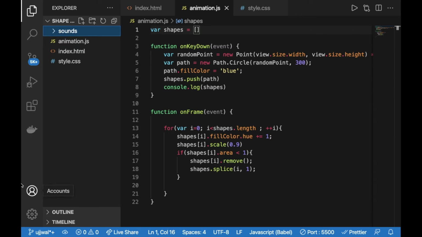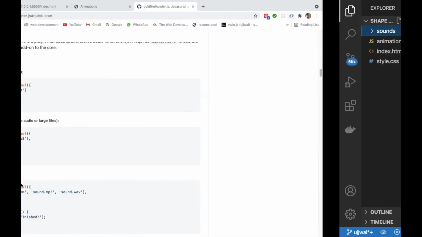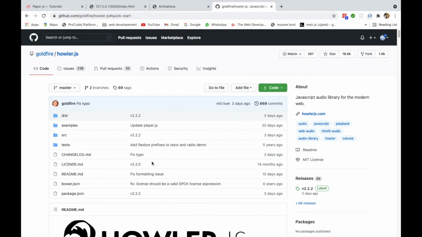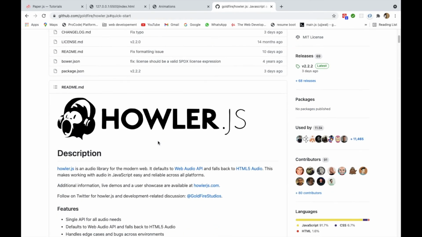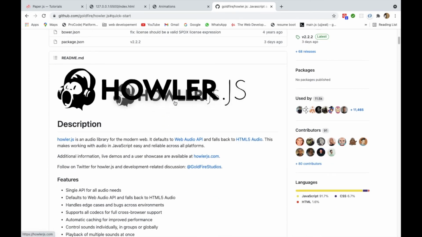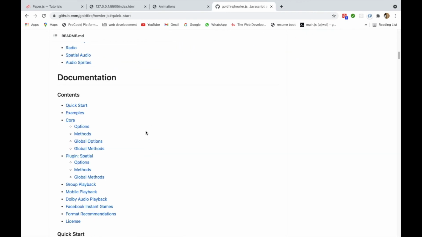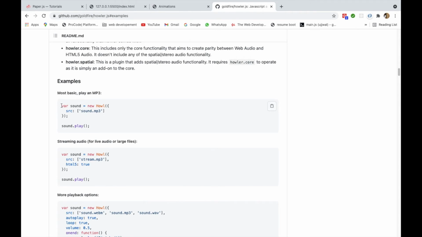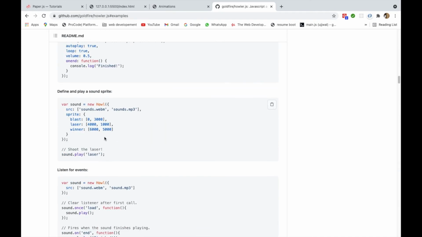And to include sound effects, we are going to use a JavaScript library. The library name is howler.js. You can see here I have opened up the documentation of howler.js. The link will be in the description, and you can even Google it for the documentation. Under the documentation and quick examples, you can see how to play a sound, and for working with sound effects, you can use this library.